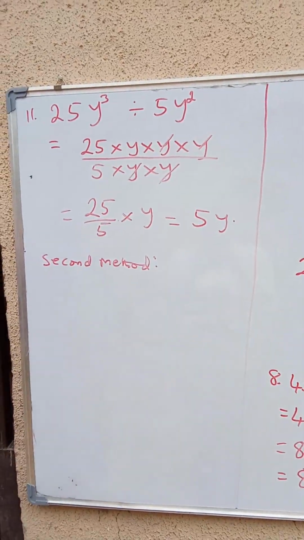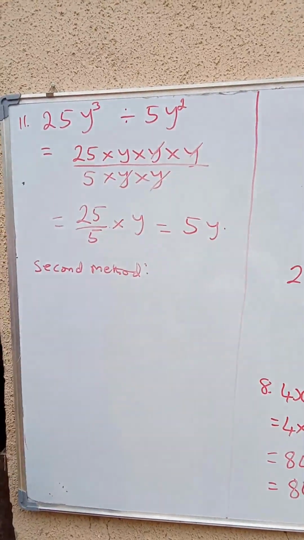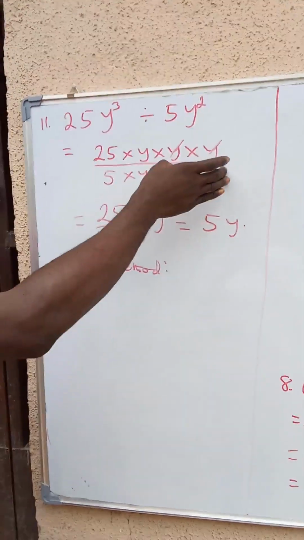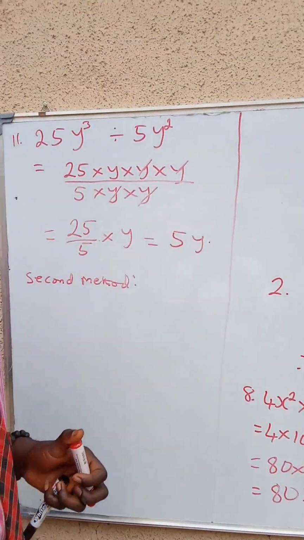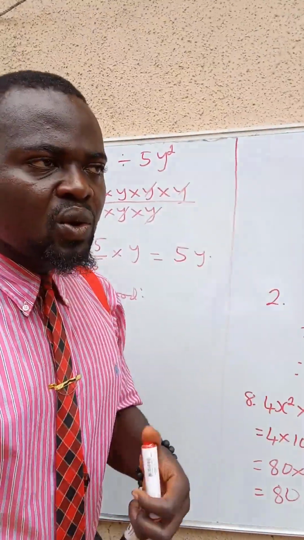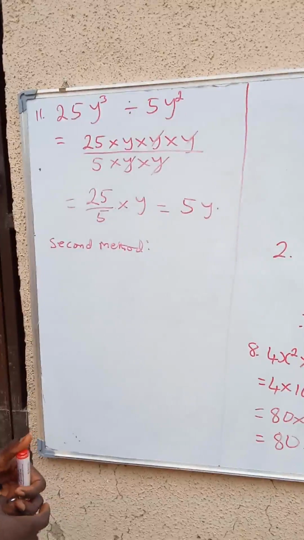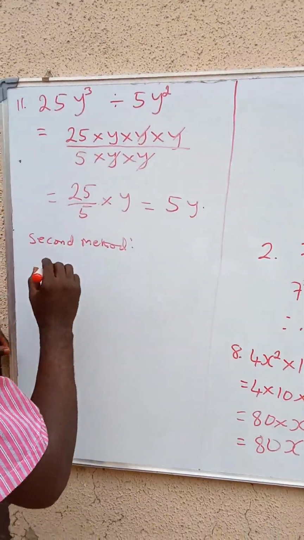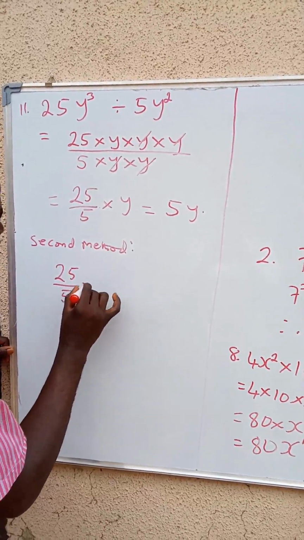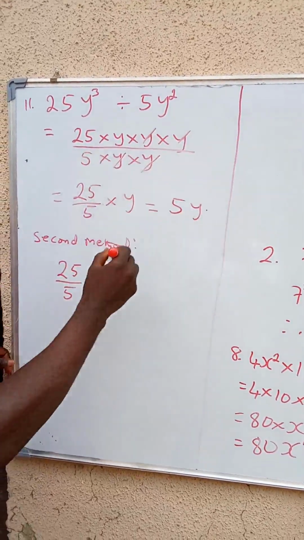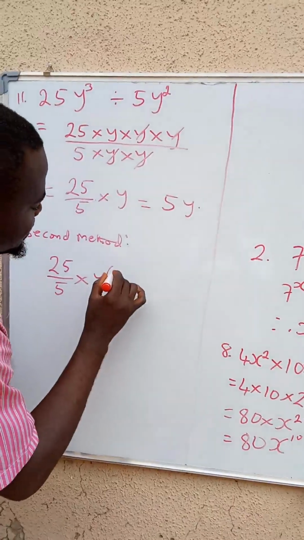Now listen, if you're given something like this, you bring it out in this way. Because if they're up to 1 million, let's say y raised to the power of 1 million, when will you end it? You keep bringing them out before you start cancelling? No. You take it smartly. Say it here. 25, bring the numbers over 5, multiply by y, since they're all y tribe, multiply by y raised to the power of 3